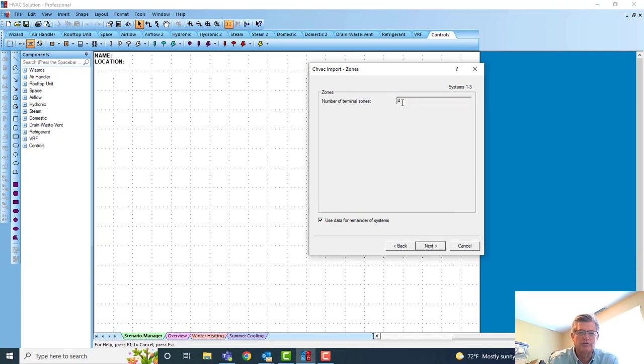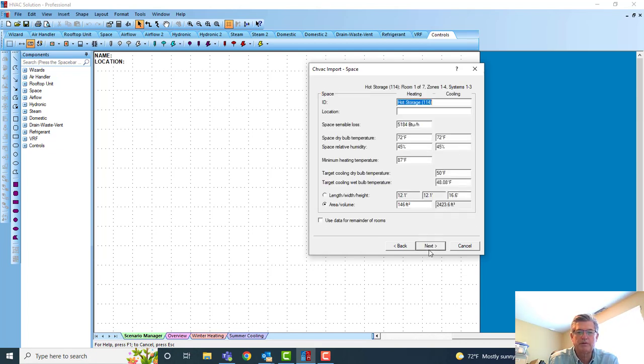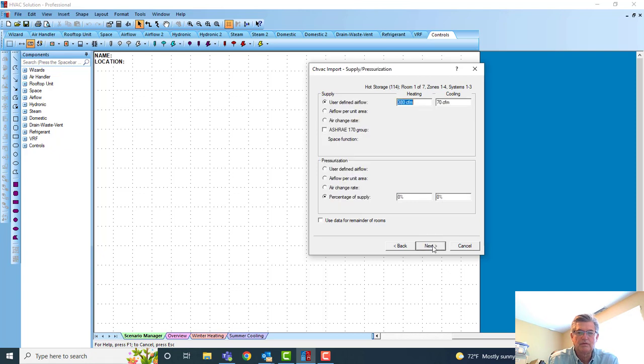So there are 4 zones in my loads program. There they are. Number of rooms, 7. I'm going to check this box so we don't have to go through and look at every room. There are the rooms from the loads program. Here's the data, the name, the heat loss, temperatures, CFM from the loads program,